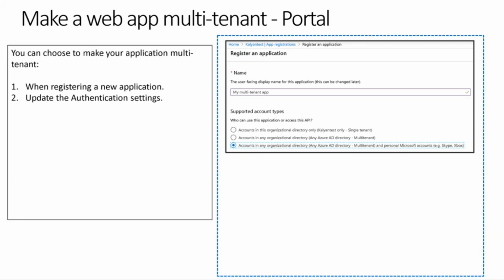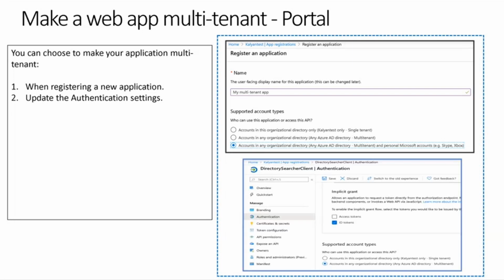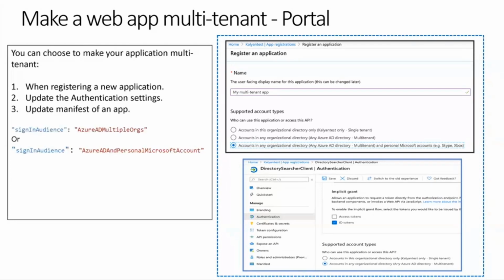When you provide a name to your app, in the supported account types you can either choose accounts in any organizational directory, or accounts in any organizational directory including Microsoft personal accounts. Both of these options will mark your application as a multi-tenant app. If you have an existing application, you can go to the authentication blade, choose the supported account types, and mark it as multi-tenant there.